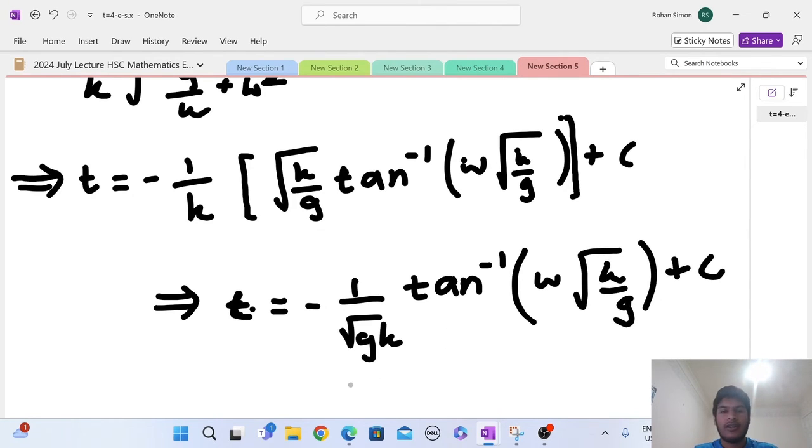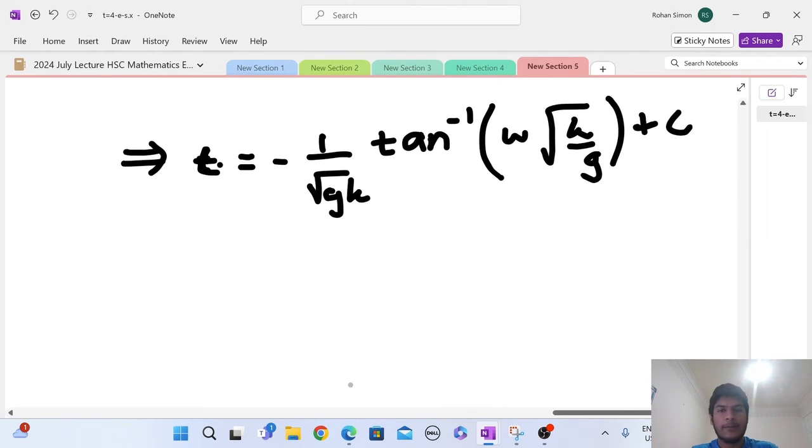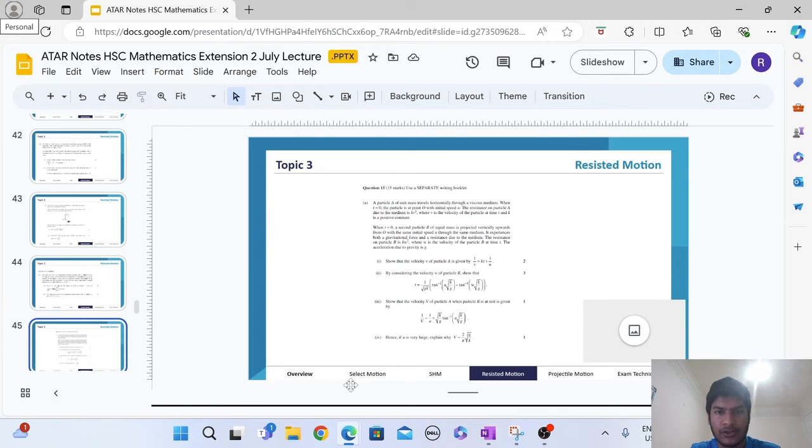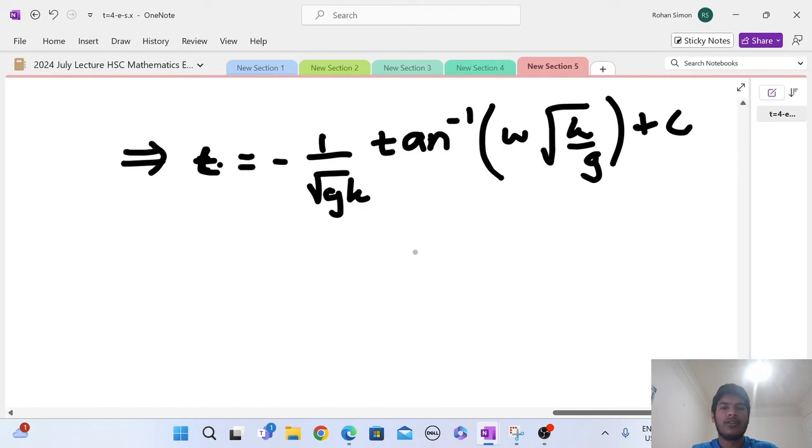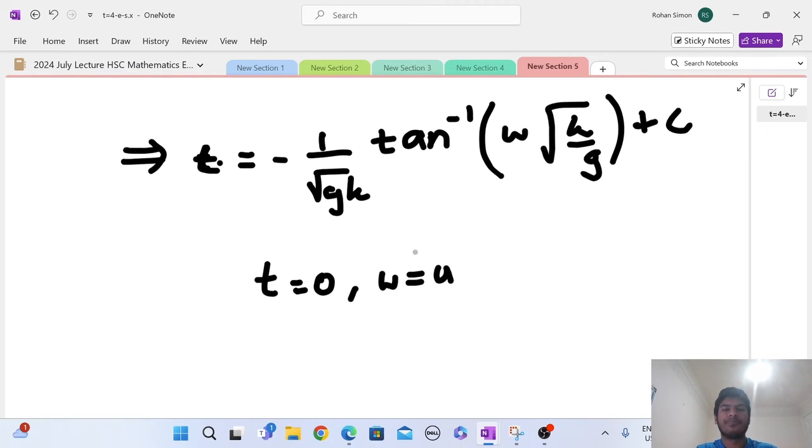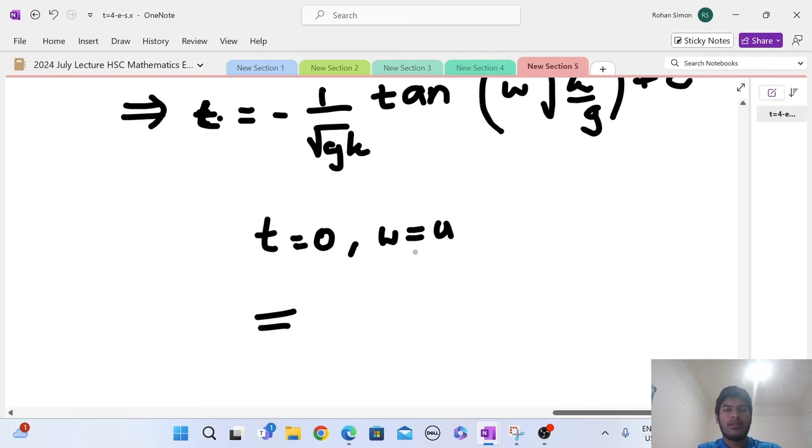Right. Now to evaluate the constant here, we're going to have to use some initial condition. So looking back at the problem, we're told that at t equals 0, the second particle is projected vertically upwards from O with the same initial speed u. So that means at t equals 0, v equals u, or w equals u in this case. So that means that we end up with c equals 1 on root gk